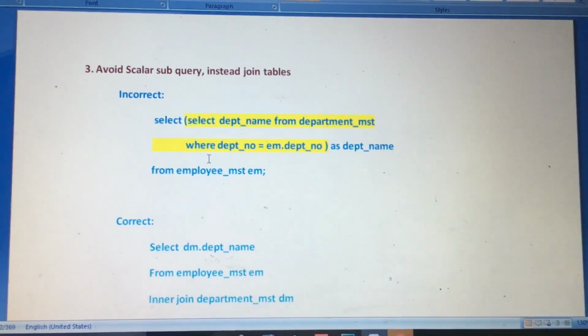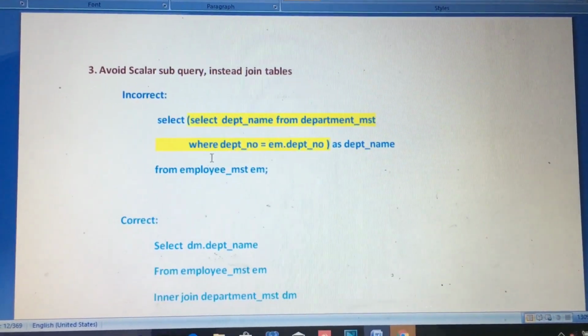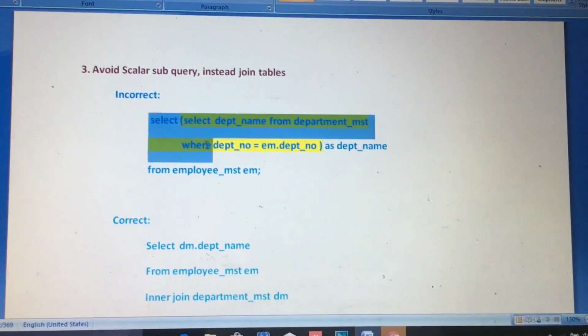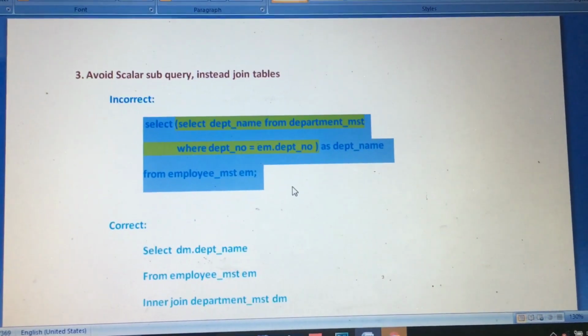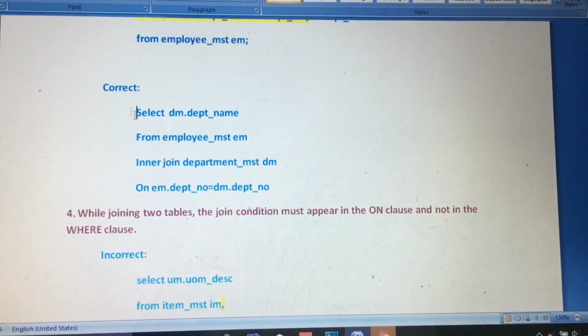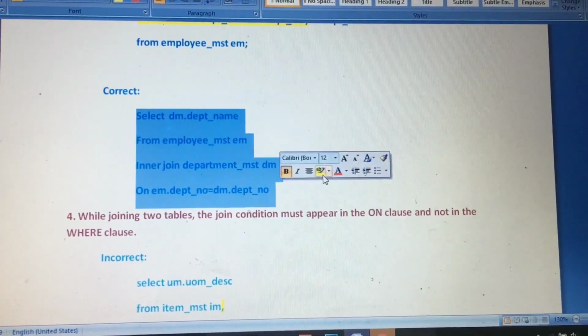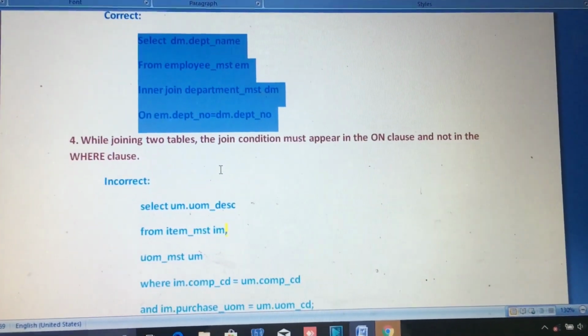So instead of using scalar subqueries, we have to use a join for better performance. You can see in the incorrect statement here I have used a subquery, and in the correct statement we have used a join. Then we will go for the fourth point,